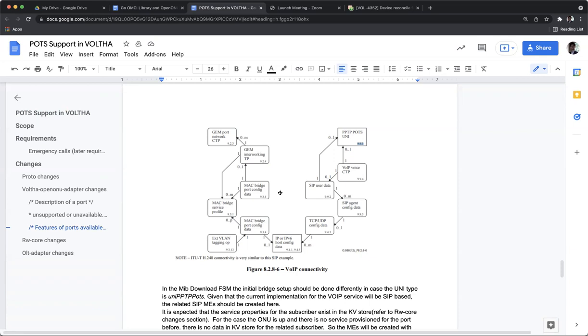From Michael, from what I understand, you want creation after VLAN configuration. Is that correct? I think that's a better approach. Otherwise, you have some, let's say, timing conflicts with the tech profile configuration and flow configuration that is received from RW core just after ONU up or port up indications.